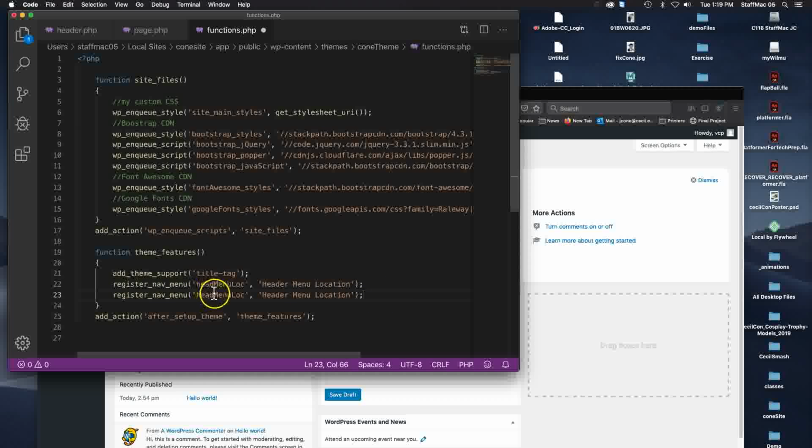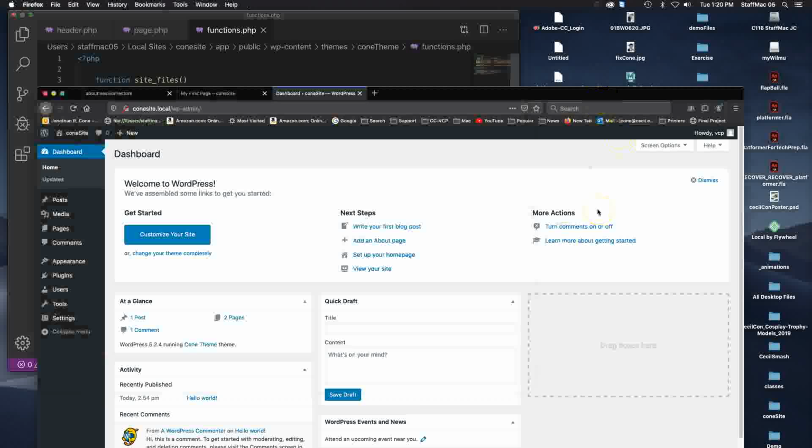So it's just going to be the same thing here, but instead of head, we're going to write foot. And instead of header, it'll be footer. Oops, footer. Okay, go ahead and save that. Now, Command S or Control S, I'm going to hit Command R, and now you'll see when I go to